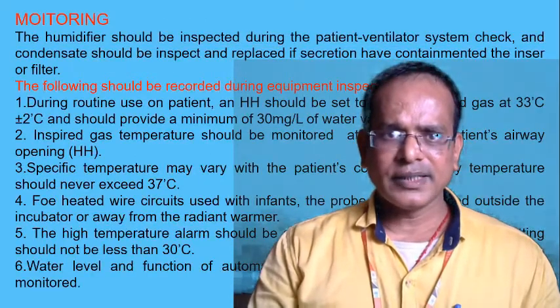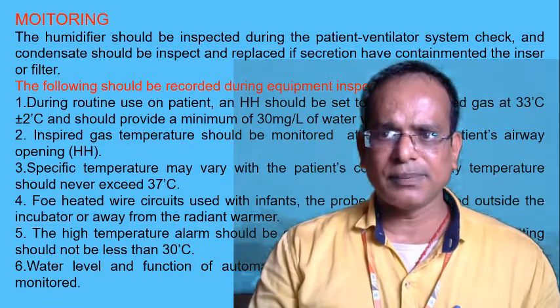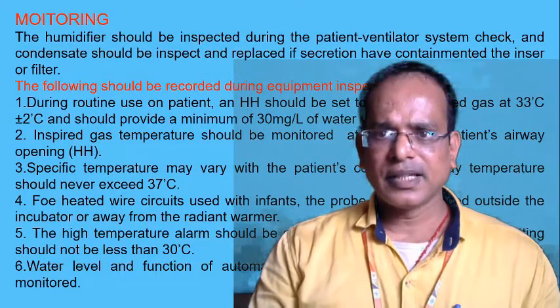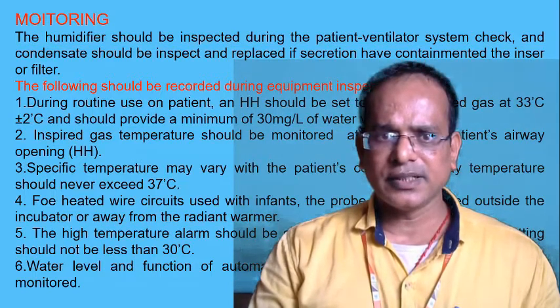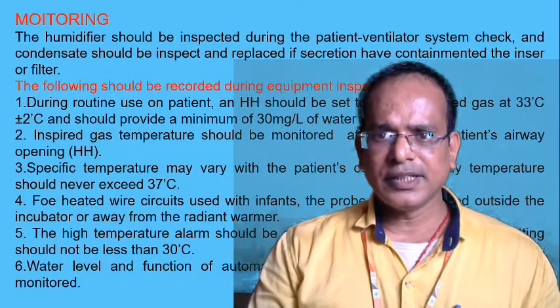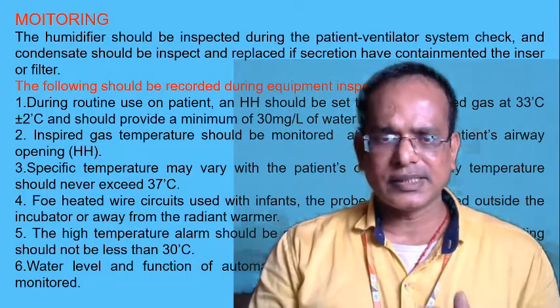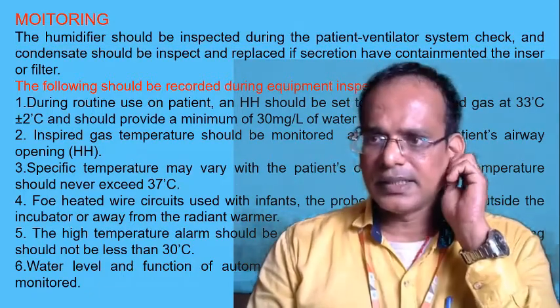Monitoring: the humidifier should be inspected during the patient ventilator system check, and condensate should be inspected and replaced if secretions have contaminated the insert or the filter. The following should be recorded during the equipment inspection. First one, during routine use on a patient, the HH, heated humidifier, should be set to deliver the inspired gas at 33 degrees Celsius plus or minus 2 degrees Celsius. That means it may be 35 degrees Celsius or